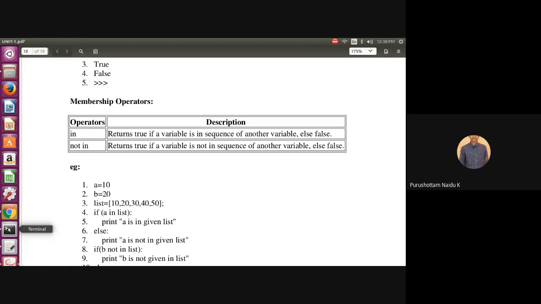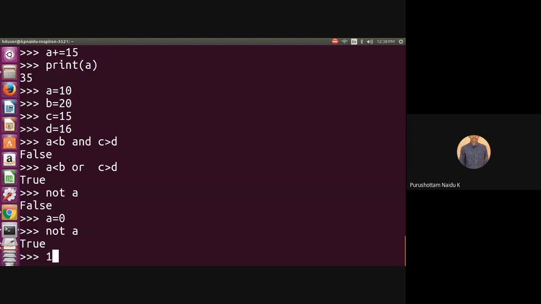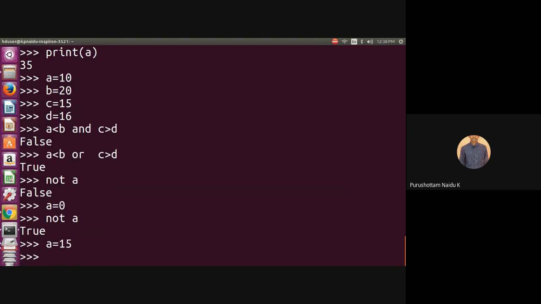Let's take a equals some 15. Here I am creating some sequence, for example a list L. Some 13, some 40, 15, some 17 like this.